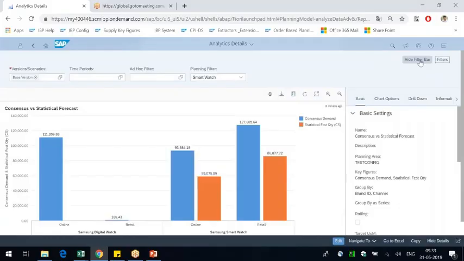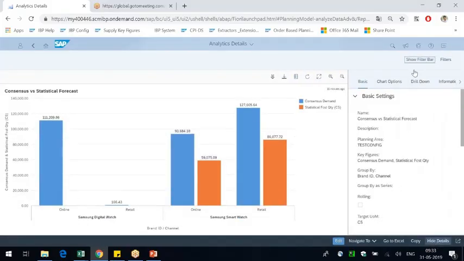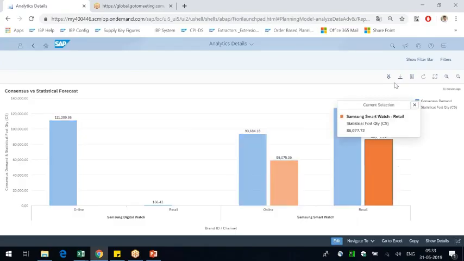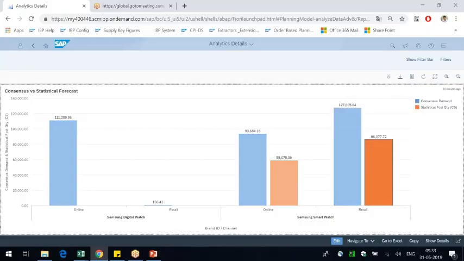Hide the filter bar. Hide the details. So this is a chart. Online retail. So I click on this statistical forecast quantity. I said I want to drill down. The value is 86,000. Drill down.